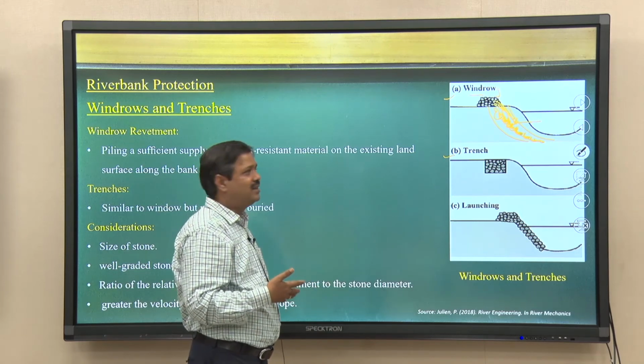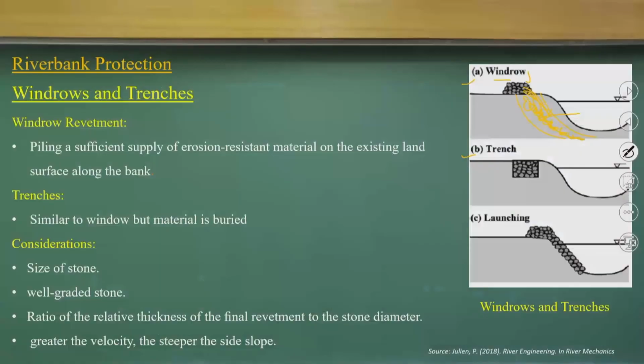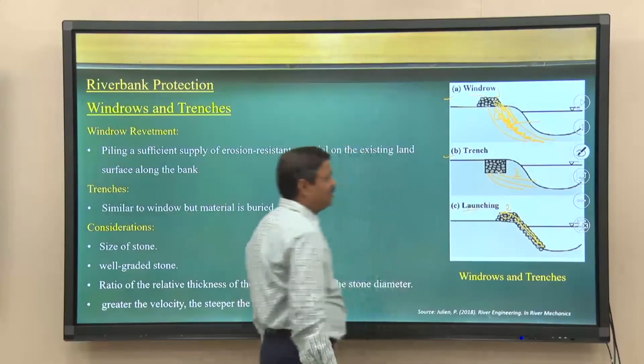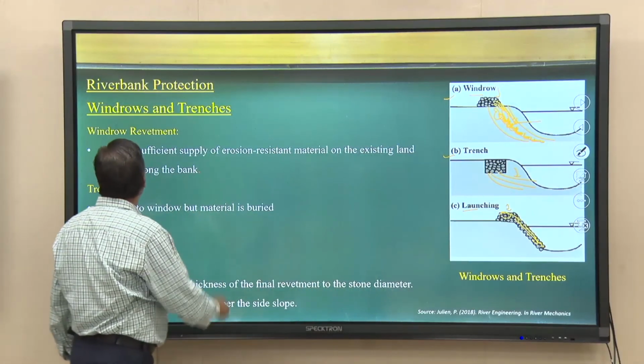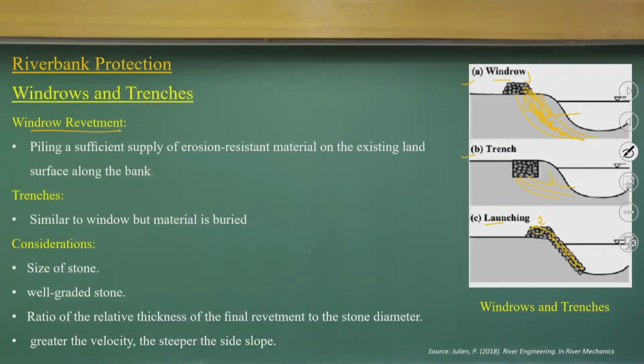And in the same way, we can have a trench facility for protection of the bank, or you can have a launching apron. So, you can have these materials launched from the top and you can go like this. Okay. So, we can have windrow revetments, which is piling a sufficient supply of erosion-resistant material on the existing land